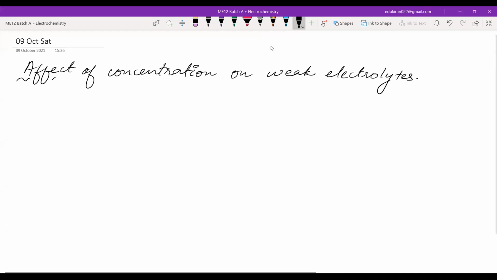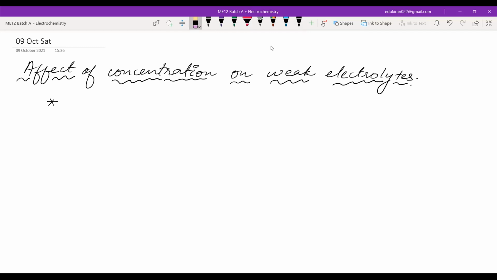The first point: what will happen as we decrease the concentration, or as we dilute the solution? The alpha, the degree of dissociation, will start to increase, right? It will start to increase, and hence...